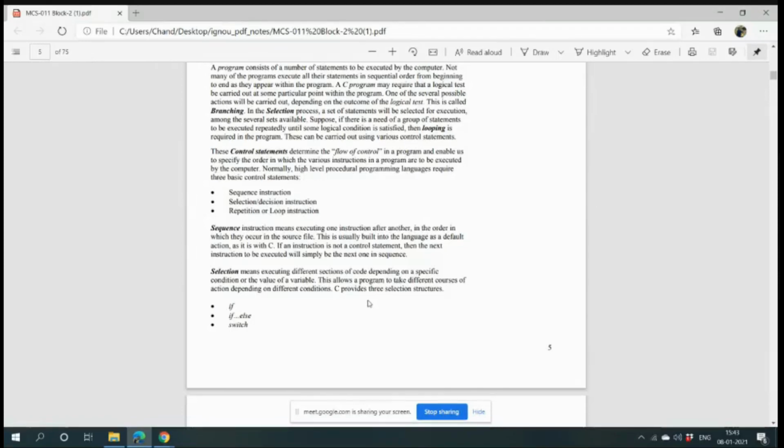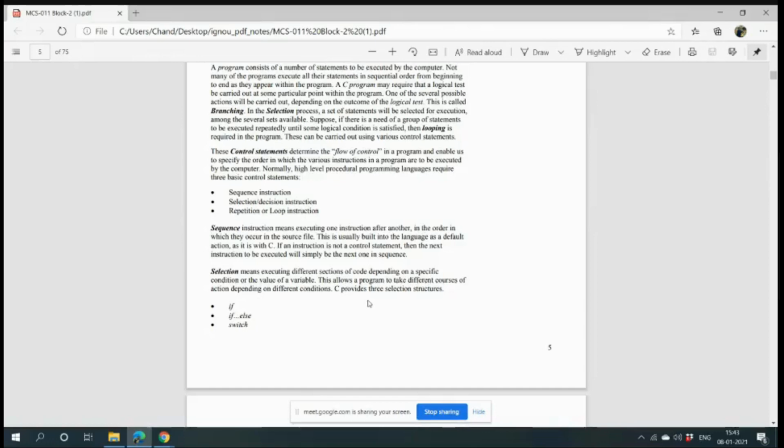Suppose I am asking you that suppose there is a grade calculation software and they will calculate the grade such as they will give several if statements that if the marks greater than this and less than this, grade will be this. Else if the marks is greater than this and less than this, the grade will be this.